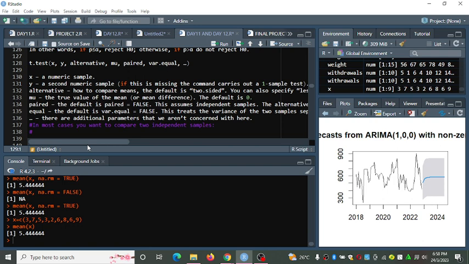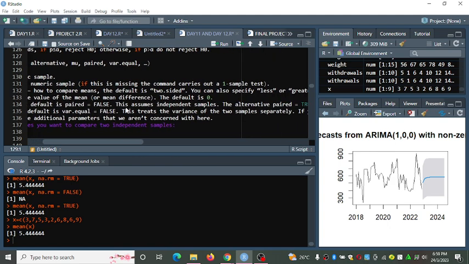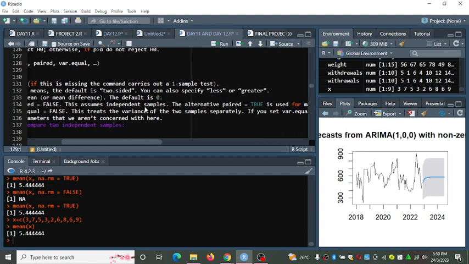The mu is the true value of the mean. Remember, if you want to carry out a one sample test, you can specify the true mean. We have paired, and the default is paired false, which assumes independent samples.